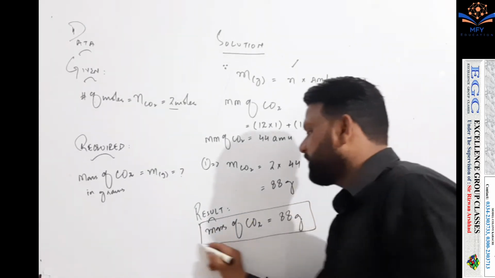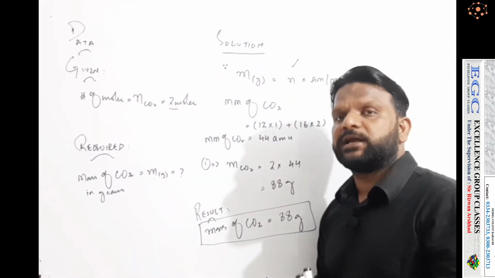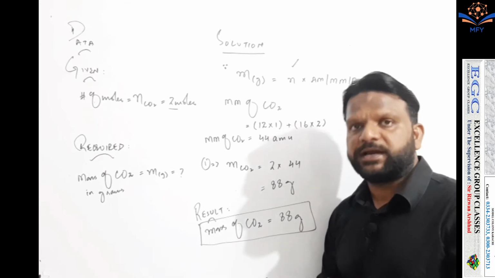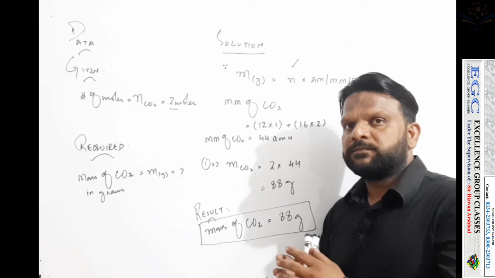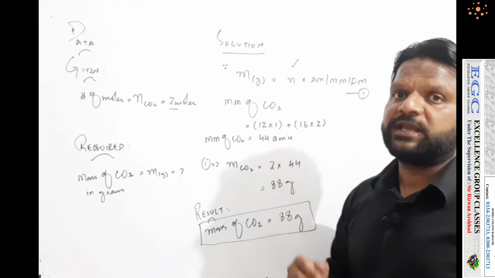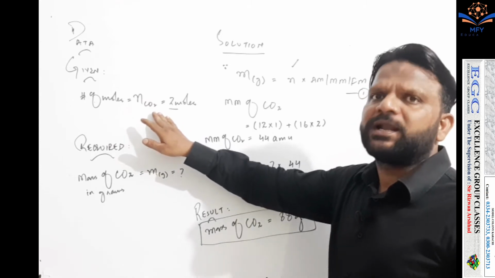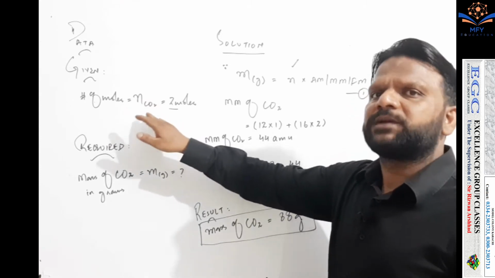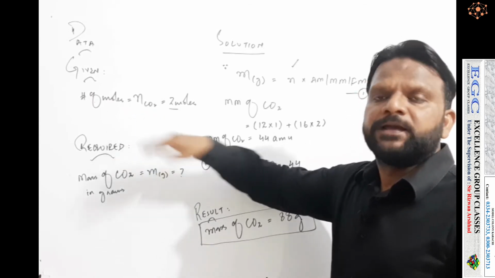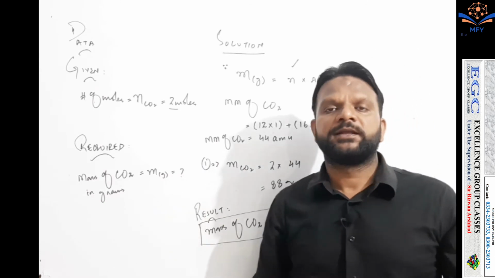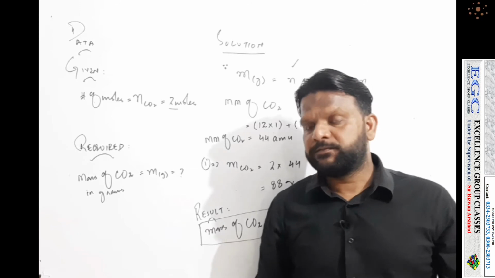Here we have done a numerical in which, by using number of moles, we can easily calculate the mass of carbon dioxide in grams. This type of numerical comes in the exam. The molecule or the ingredients will be changed. Here we can use carbon dioxide, water, NaCl, sodium chloride, glucose and sugar, etc. Now we are going to move towards calculating the number of atoms.